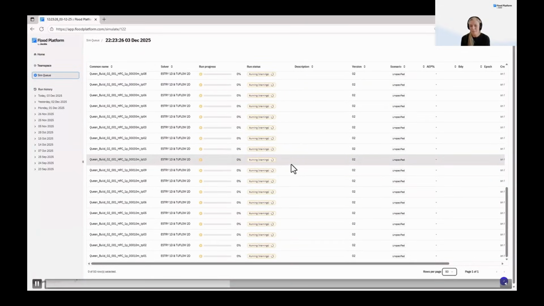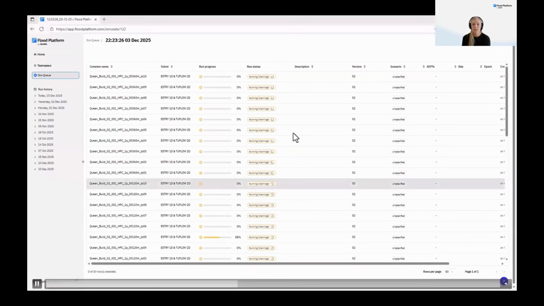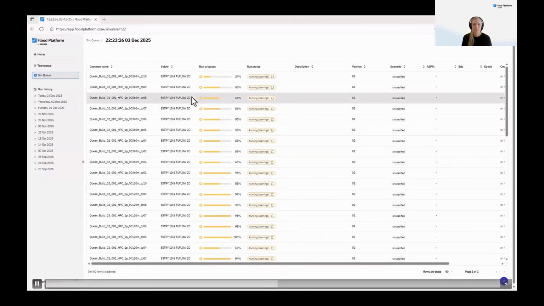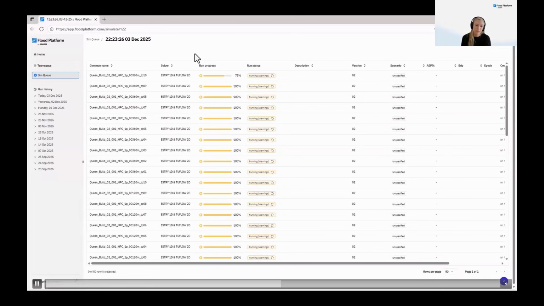So you can see that this is all sped up. I've skipped a little bit of the setup time, and we've got some simulations already running. But essentially what happens is Flood Platform will send out a message to the cloud to say, hey, someone wants to run 50 simulations. I've got 50 TUFLOW licenses. Let's go all in parallel. So you can see all the simulations, the progress is actually all happening in parallel. And you can see there the running with warnings. That just means that there were some warnings at the start of the simulation from TUFLOW. It doesn't mean that there are warnings from the cloud. So you can quickly use that view to see how things are going.